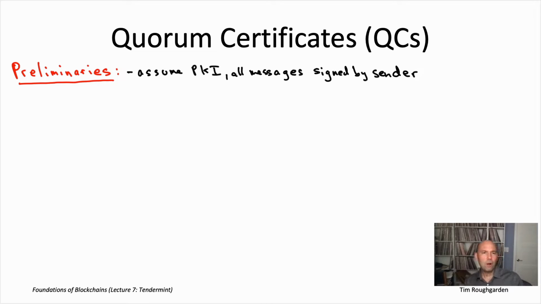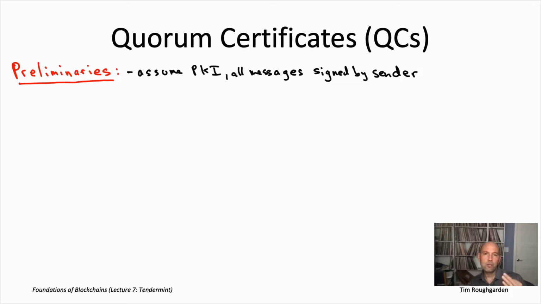Now, I should say that our impossibility result in lecture 3 with the hexagon argument shows that the PKI assumption is fundamentally necessary to get the guarantees of the Dolev-Strong protocol, to tolerate any number of Byzantine nodes. That's actually not the case in the partially synchronous model. So I'm going to show you a protocol that does make a PKI assumption and achieves optimal fault tolerance, meaning the number of Byzantine nodes can be anything less than a third. There are actually other protocols which do not make the PKI assumption, but nonetheless, under weaker assumptions, achieve the same level of fault tolerance. But in practice, PKI is a reasonably common assumption. Tendermint makes that assumption, so we're going to go with that.